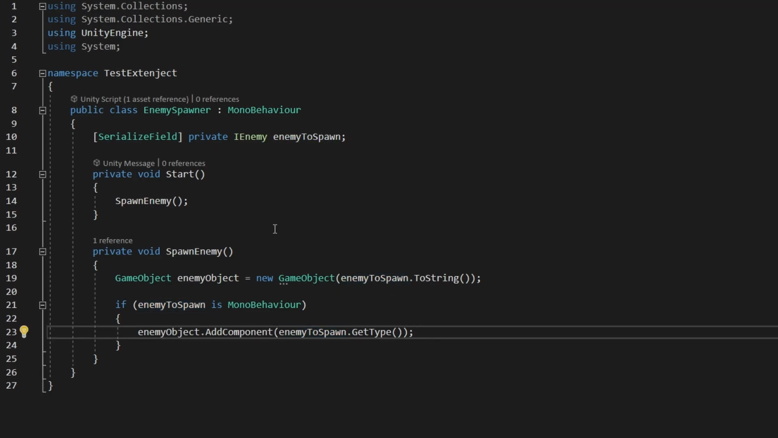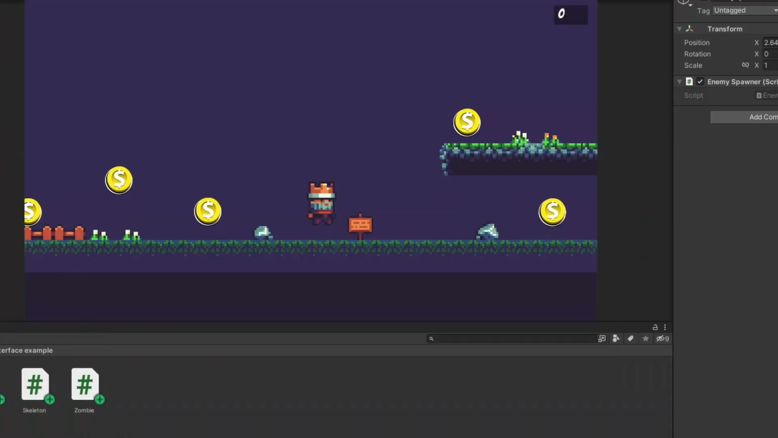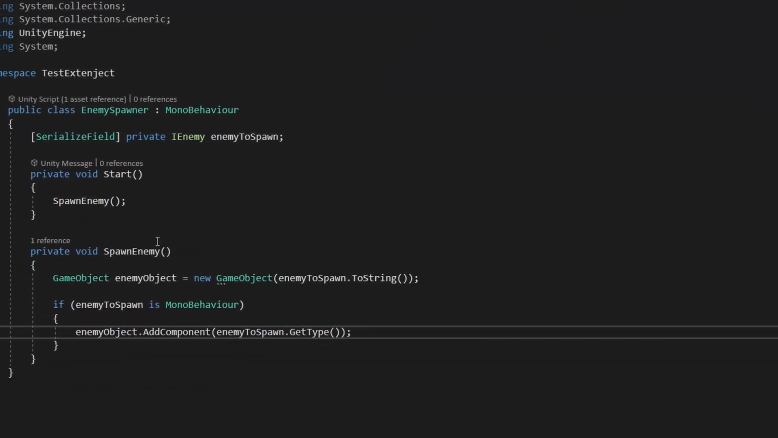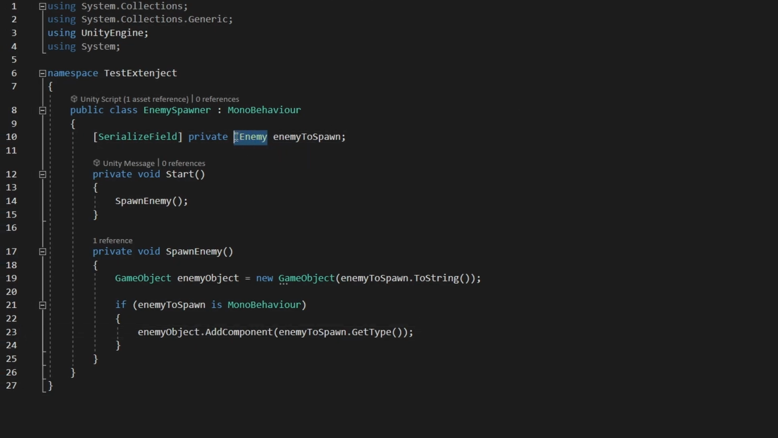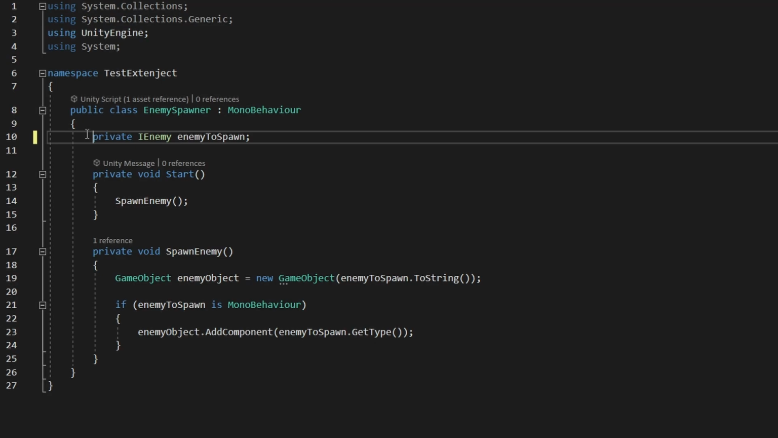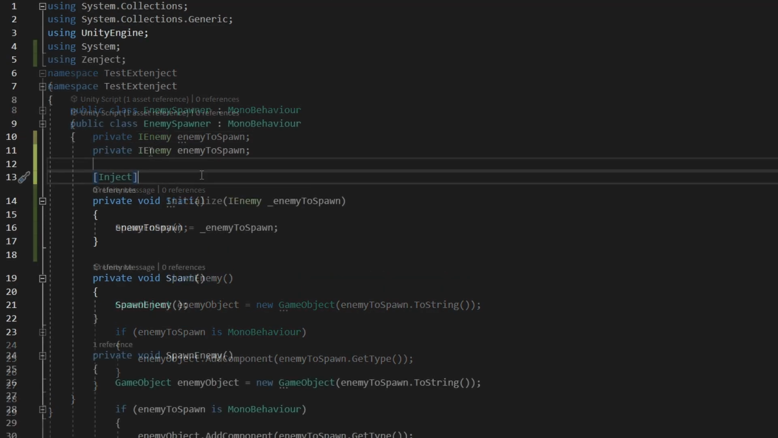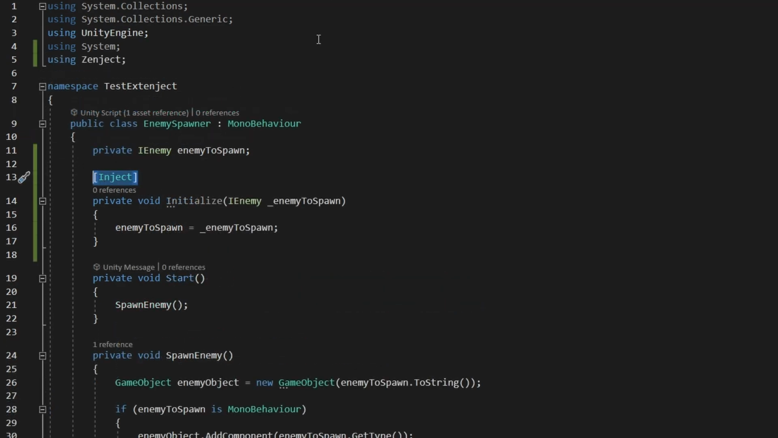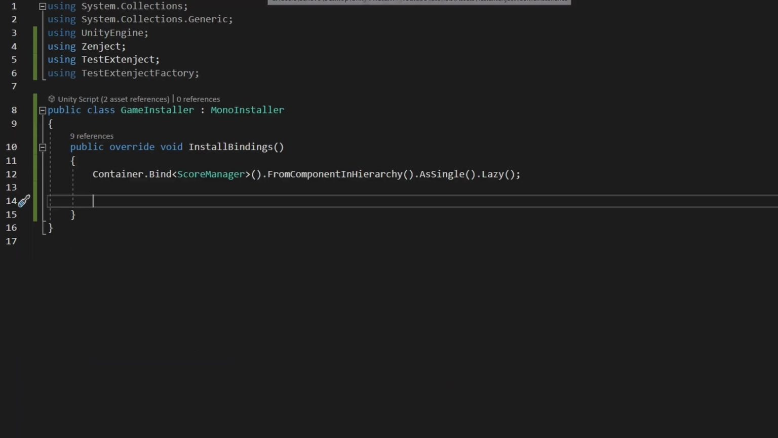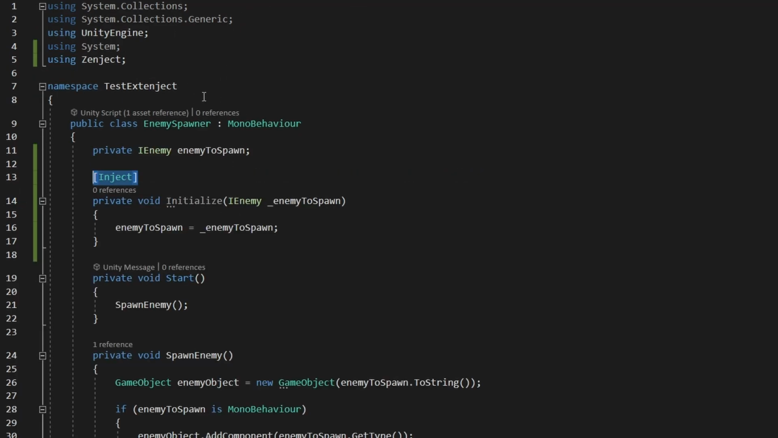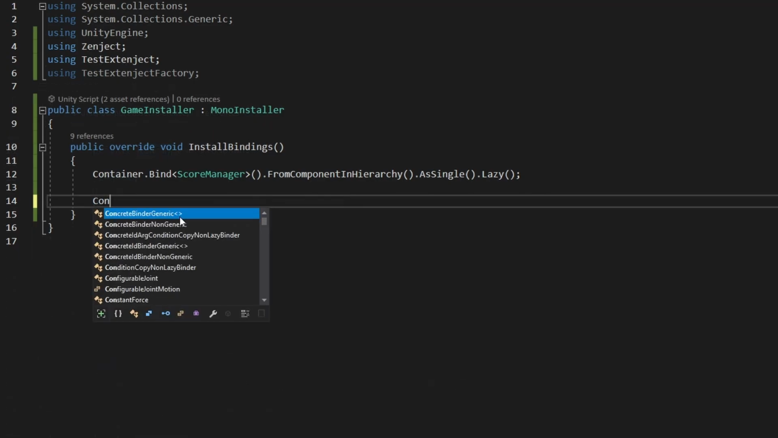Working with interfaces is a bit inconvenient, because we cannot serialize them in the inspector, so we would just need to provide it in a different way. Instead of making this variable a serialized field, let's just inject it through the method. Do not forget the inject attribute. Now we'll jump to the game installer, and we'll just say which enemy we want to bind with the enemy interface. Again, let's say